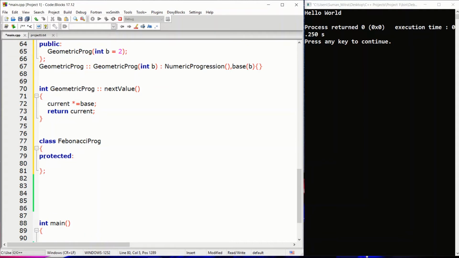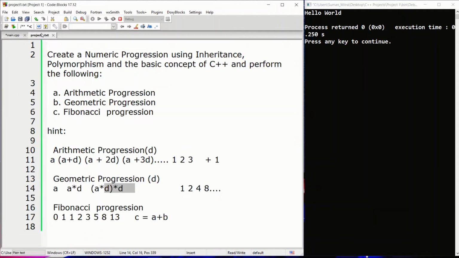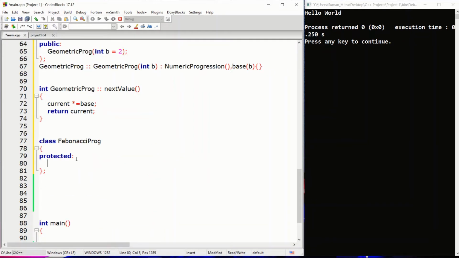In the Fibonacci series, as I showed you in the hint, we need the first two values. We already need these two values so that we know how to start. We can give any two values, but it needs two values so that it can start and know the third number. So we'll create two numbers. We'll just write int the previous number, and the second will be the current number.